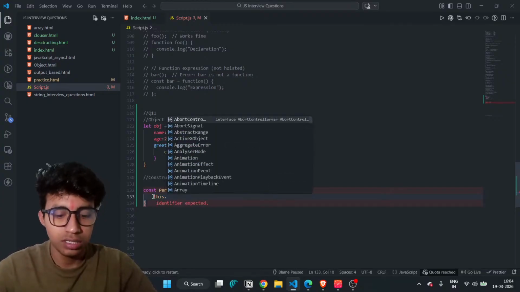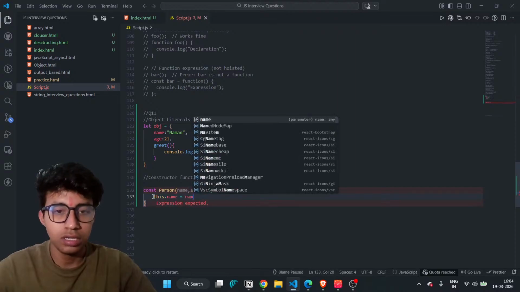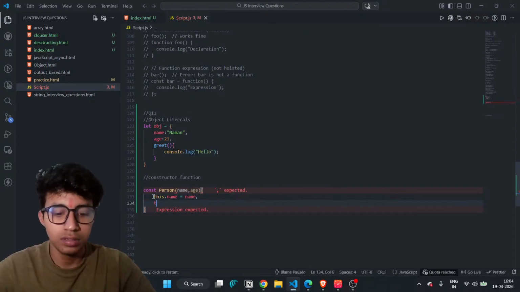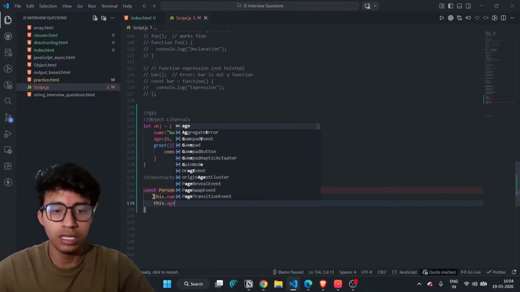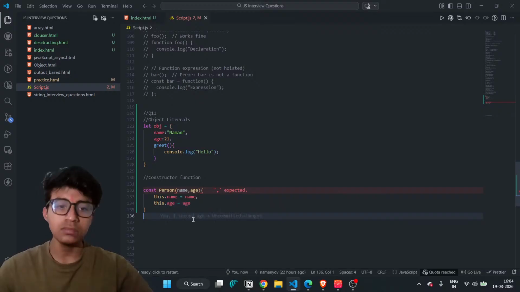This dot name is equal to name. This dot age is equal to age.